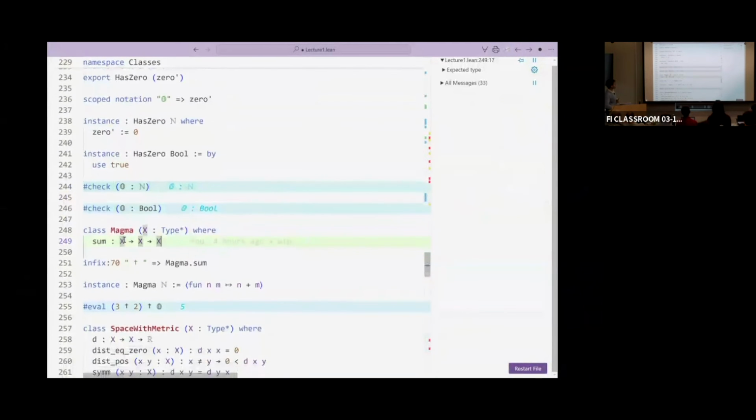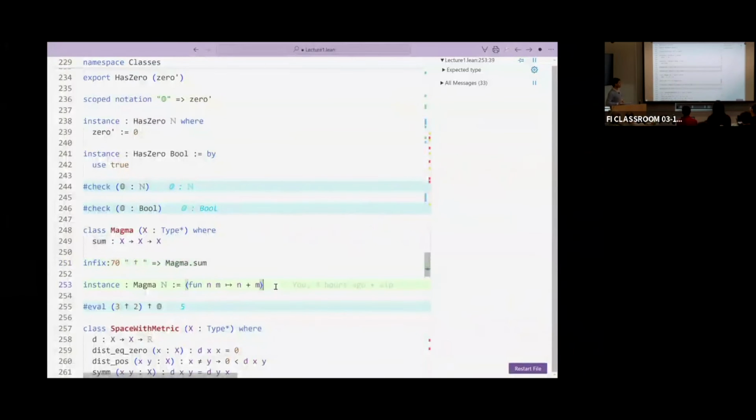And for Magma, you do the same. Instead of writing structure, you write class, and then you do your definition. This is the very same line I wrote before, so this has not changed. Again, this dagger is a shortcut for the binary operation on a magma.